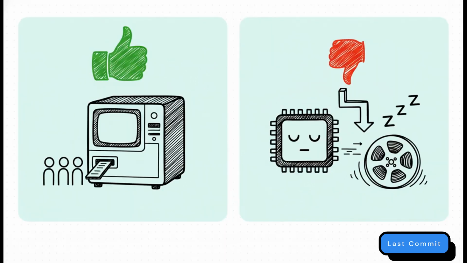So yeah, there was a huge trade-off here. I mean, on the one hand, it was a pretty efficient way for lots of people to share one giant expensive machine. But the big drawback: the CPU, the actual brain of the computer, spent a ton of time just sitting there, waiting. Waiting for a slow tape drive or a card reader to do its thing. All that wasted time, all that wasted potential, that became the critical problem that absolutely had to be solved. And that's what drove the next big leap.